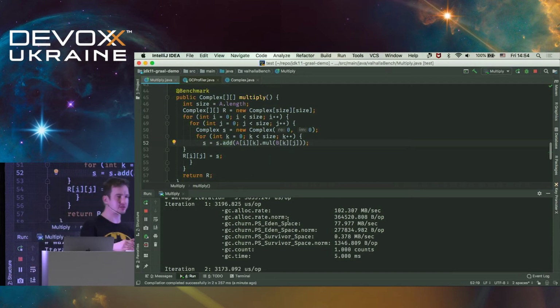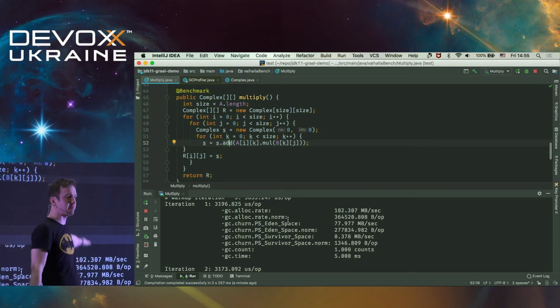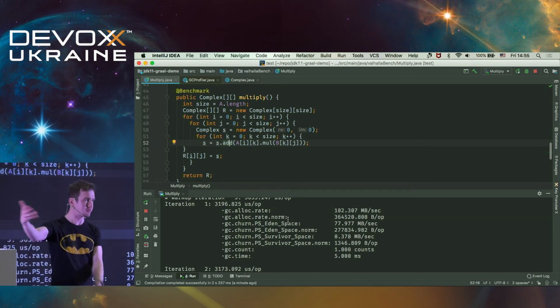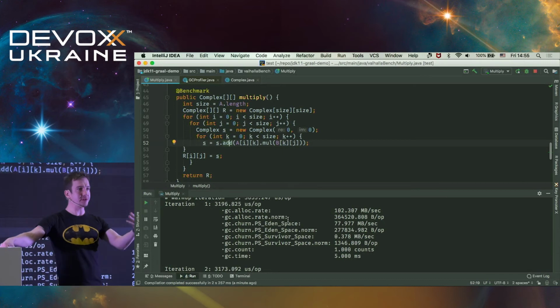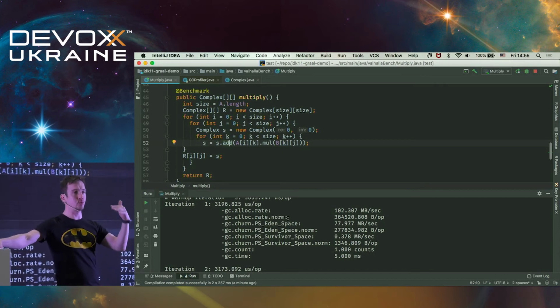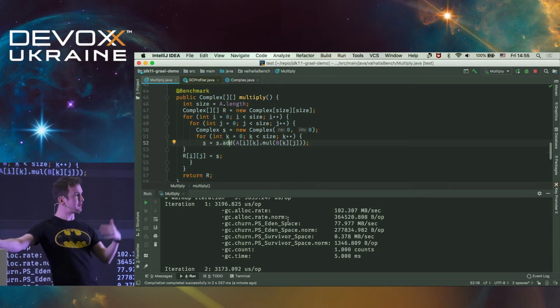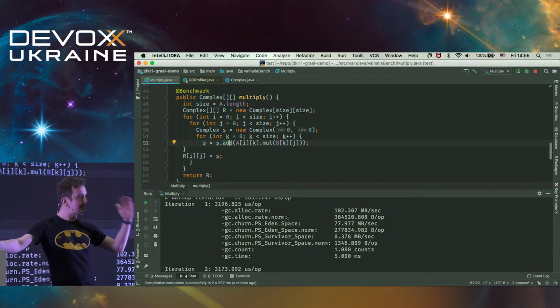So when is this useful? When can you make use of the escape analysis being better, besides just running your programs faster? Very often you write code defensively against the compiler, right? When you write logging statements, when you use a logger, what do you do? You check if a debug log is enabled, and then you write the line that says, oh, debug this. Why do you do this? Because